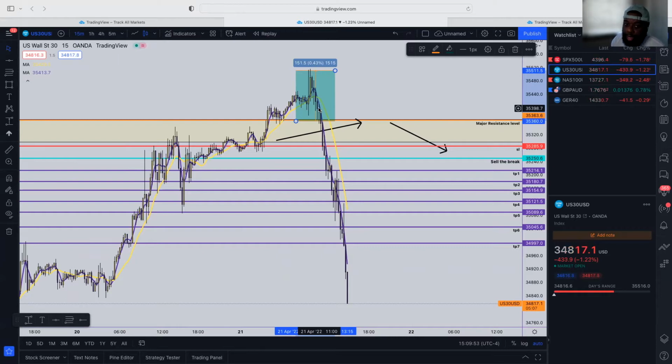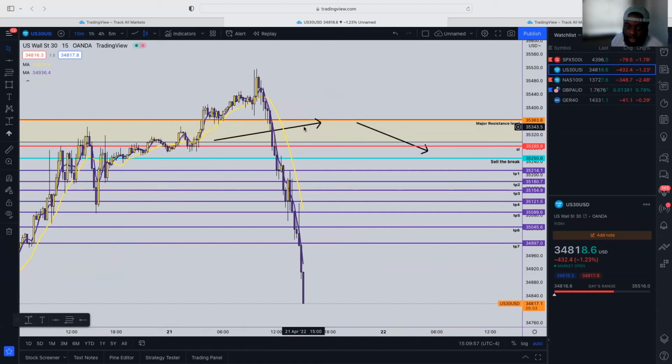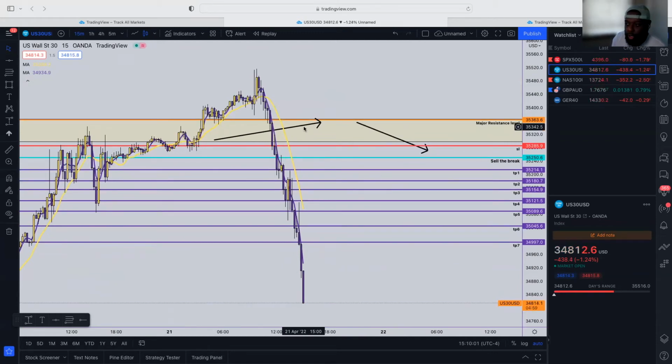But me, I look at news, but I don't let it determine how I trade, because when you start looking at news too much, you're gonna be on some, oh, I'm paying attention to news, the news is doing this, so the market should be doing this, and it's gonna make you super biased. Versus, don't trade what you think is gonna happen, trade what you see in the market